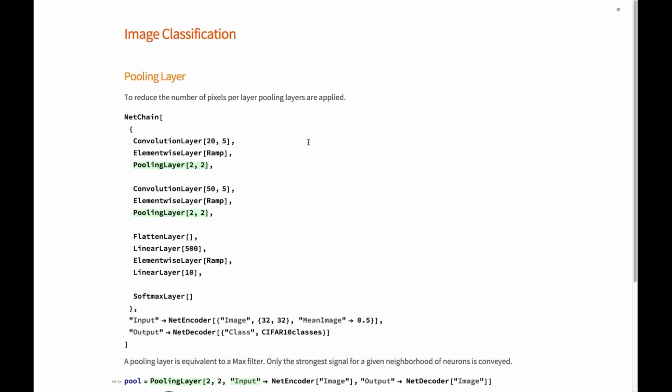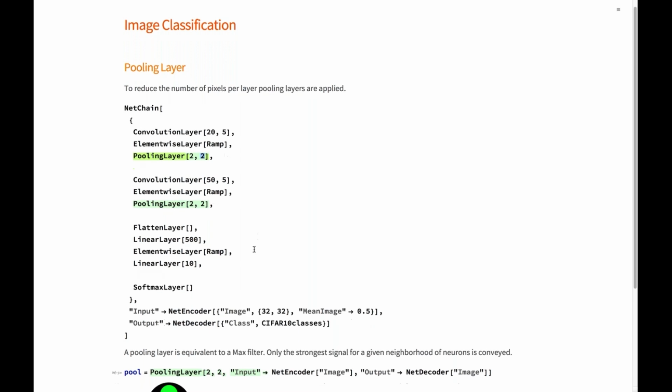Okay. All right, then comes the pooling layer. The pooling layer is pretty much like a max filter in image processing. It just takes in a certain region the maximum response and then essentially downsamples the grid of neurons. So this is mostly used to reduce the number of pixels that you have to cover a certain spatial area. And here, basically, this is a pooling of patches of 2 times 2 with a stride of 2. So you always move that patch by 2 neurons to the side, thereby downsampling the whole image every time you go through a pooling layer by a factor of 2 in every dimension, so a total of 4.